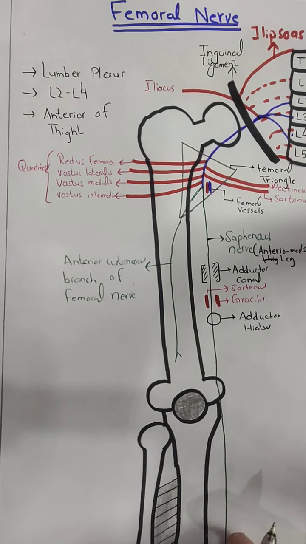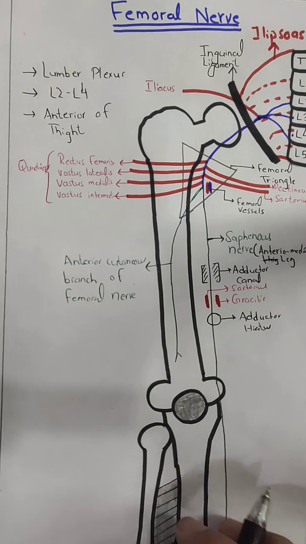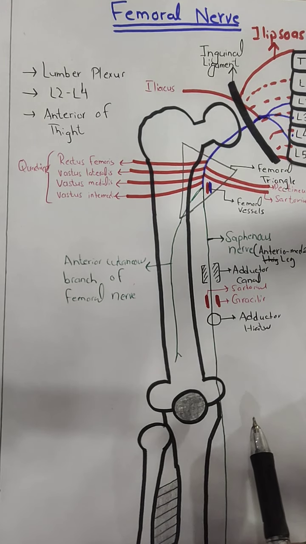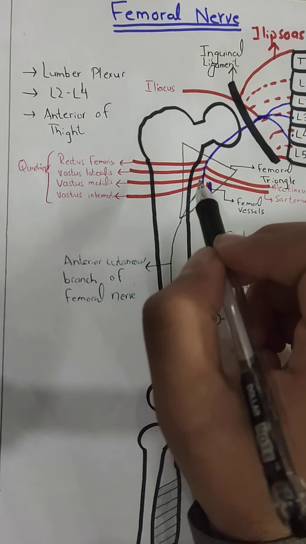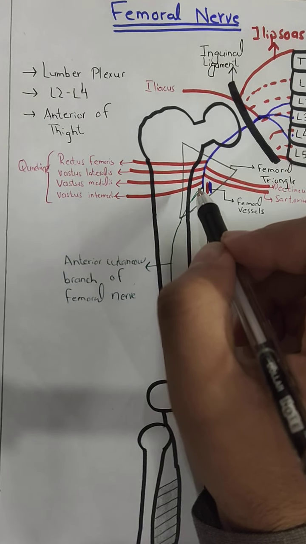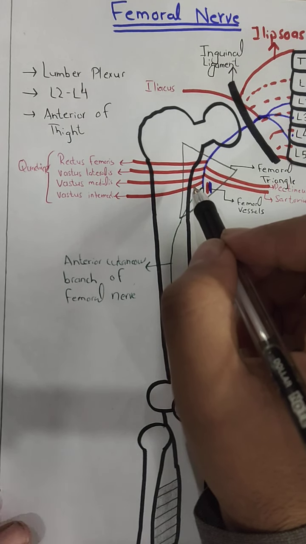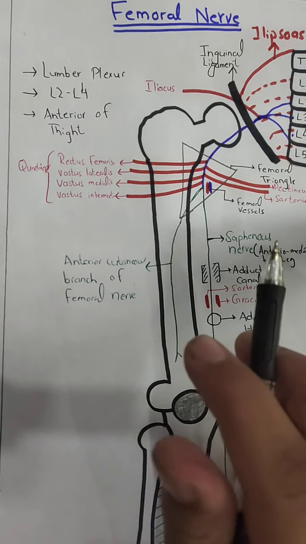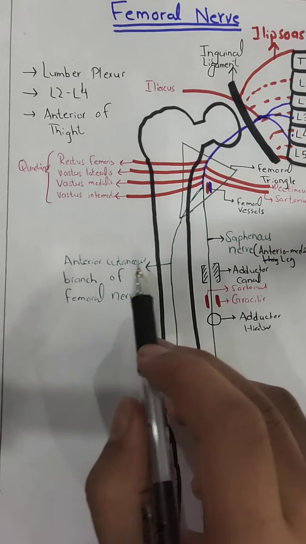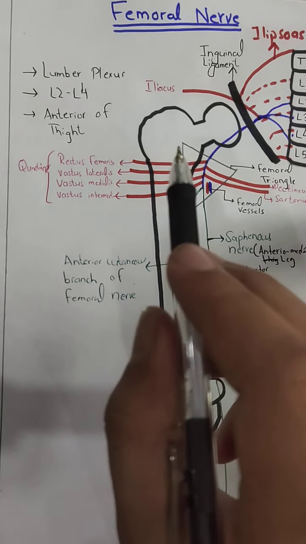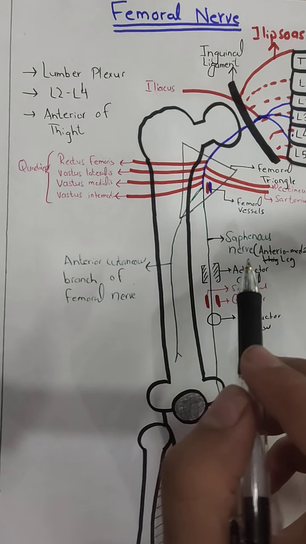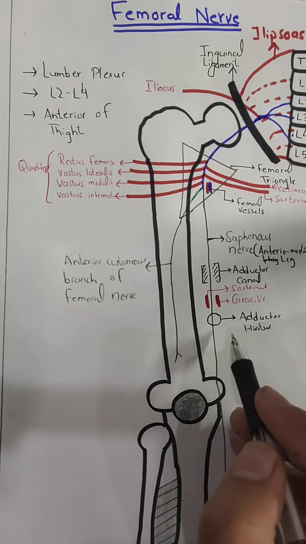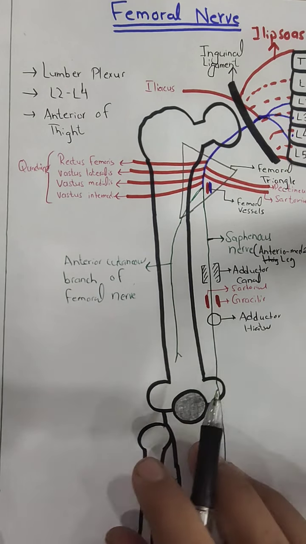So this is about the femoral nerve, its muscular branches, its cutaneous branches, and also this femoral nerve will supply articular branches to the hip joint and to the knee joint. Those branches will also arise in the femoral triangle. In the femoral triangle, the femoral nerve will give all its muscular, cutaneous, and articular branches. There are two cutaneous branches: the anterior cutaneous branch of the femoral nerve, which will supply the anterior side of the thigh, and the saphenous nerve, which will supply the anterior medial region of the leg. And here are some of the relations of the saphenous nerve, which is a branch of the femoral nerve in the thigh region. Thank you.